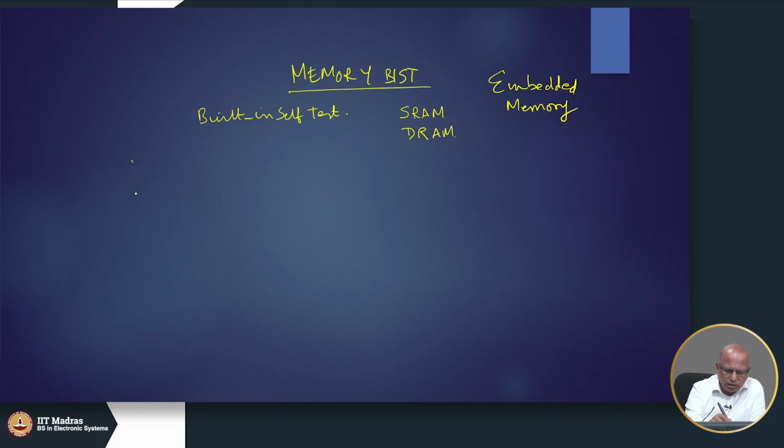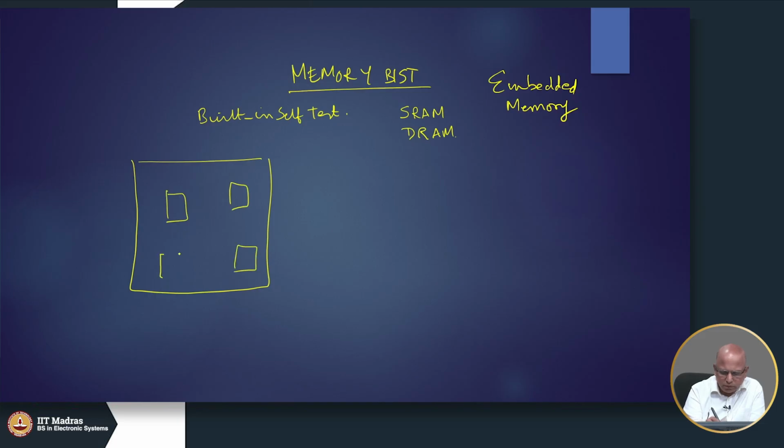So, like I was saying, if there is a big chip, there could be a number of memories, M1, M2, M3, M4. So, usually there will be one controller called a P-BIST controller. This is a programmable BIST controller, and it can be programmed by the